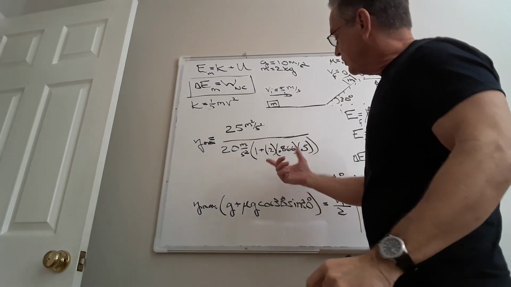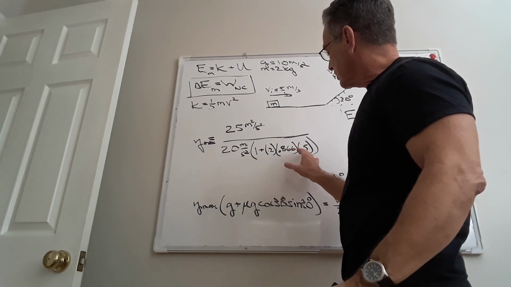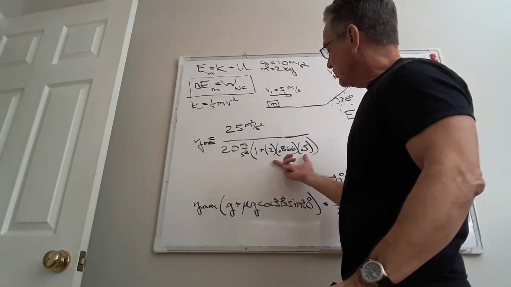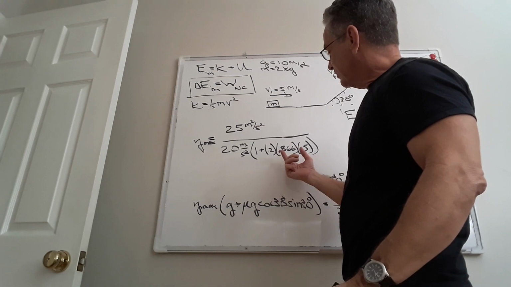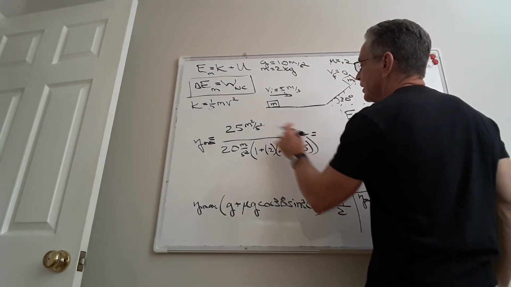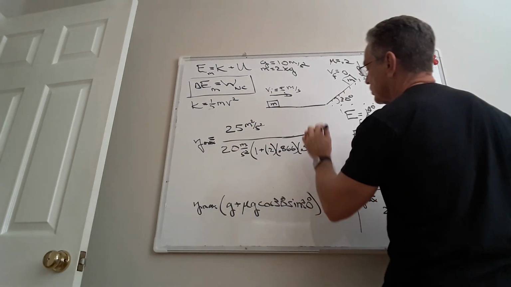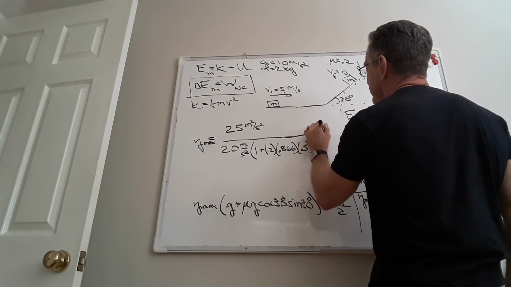Everything in the parentheses here, 1 plus 0.2 times 0.866 times 0.5, that's 0.0866. 1 plus 0.0866. 25 meters squared per second squared divided by 20 meters per second squared would be 1.25